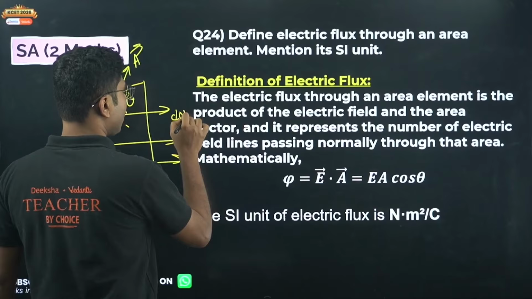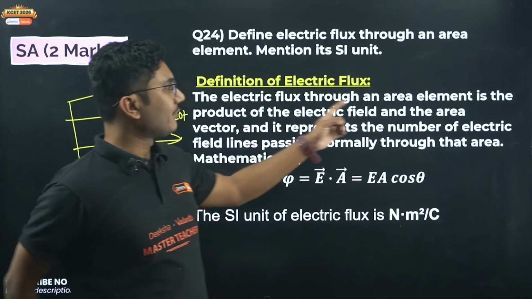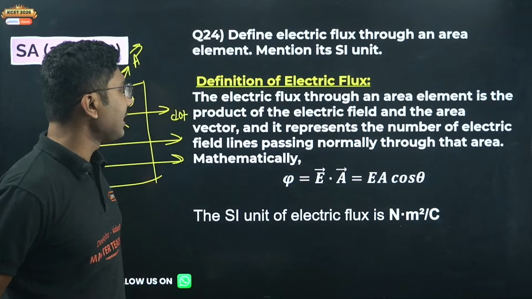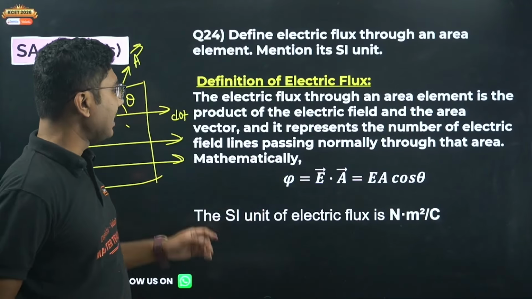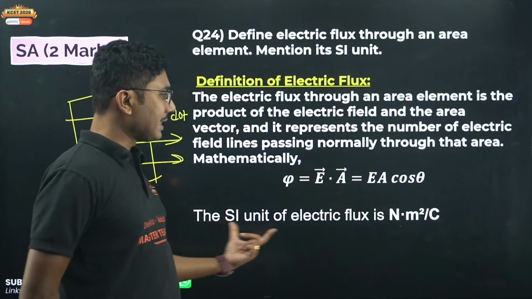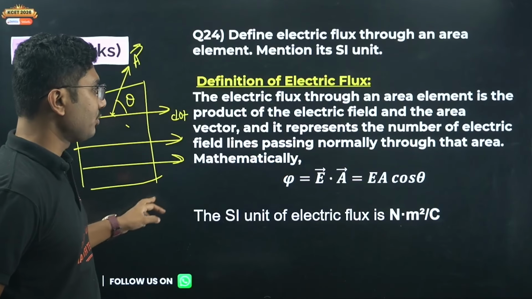Okay, dot product or scalar product of the electric field and the area vector, and it represents the number of electric field lines passing normally through the area. The mathematical portion you can write or skip, it is not important, but the SI unit, as part of the question, you have to answer it. Next,